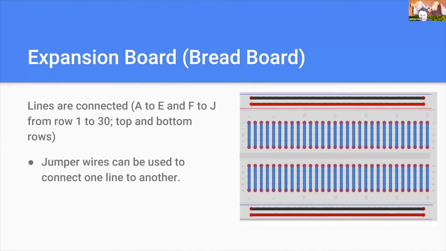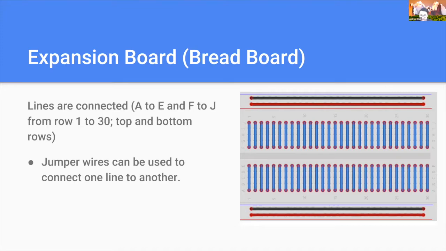Next, I want to talk about the expansion board or the breadboard. The expansion board comes in a variety of sizes, right? But here's what you need to know. The diagram shows different lines. There's black lines, red lines, and blue lines. And all these lines are connected,